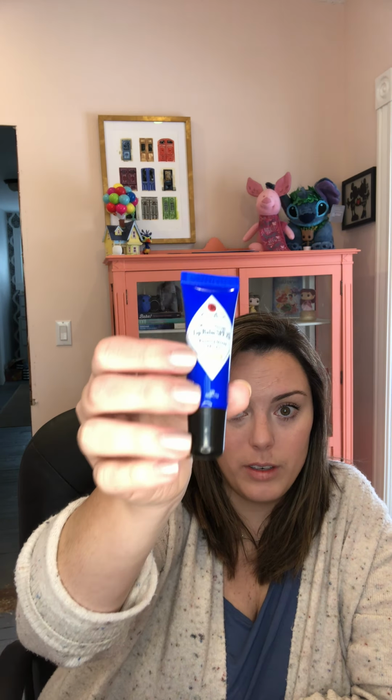Lip chat. If you live in a cold climate or you're just prone to dry lips, I have been using, literally forever, this Jack Black Moisture Therapy Lip Balm SPF 15 in Shea Butter. Can you guys see that? Yes, there you go. This stuff is available at Sephora. It's expensive, but it's not that expensive. I think it's maybe $10, which is expensive for a lip chap, but it lasts forever. It has SPF 15. It comes in a million different scents: grapefruit, lemon, shea, mint, everything. They market this as men's grooming products,